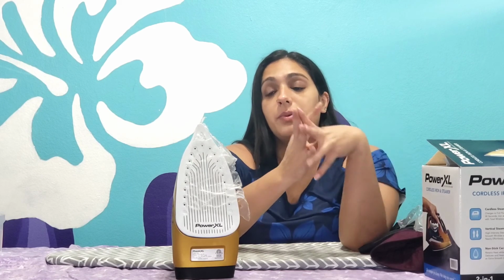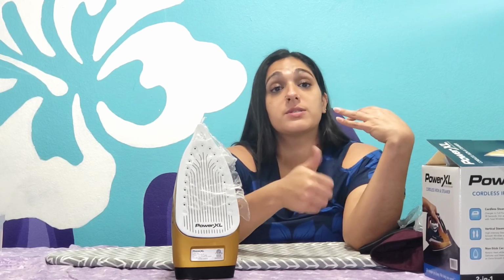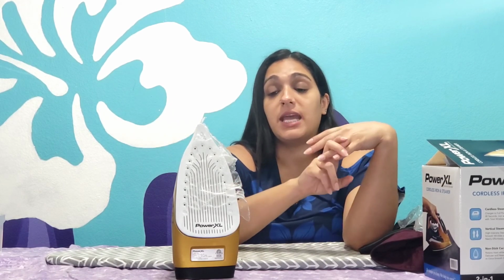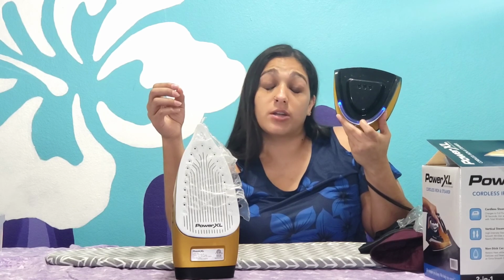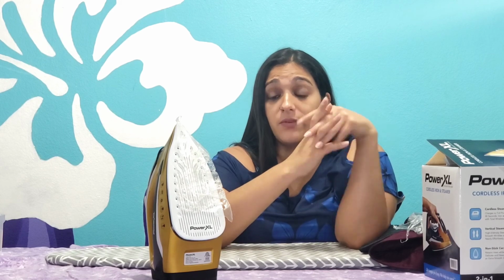As far as my overall opinion, there are a couple of things that I'm not too thrilled about with the iron, such as I wish that with the steamer it was consistent rather than having to pump it every time for the burst of steam, as well as I wish there was some indication of the charge that it has, or the temperature. I do know that this is telling you that the auto shutoff's on, as well as this light right here in the back tells you whether the temperature has reached the appropriate temperature or not, but it's only whenever it's activated on the base. So those are a couple of things I would like to see, to know the temperature right off the bat, or whether it's reached it, a more clear indication, as well as the battery life would definitely be something I would change about this,